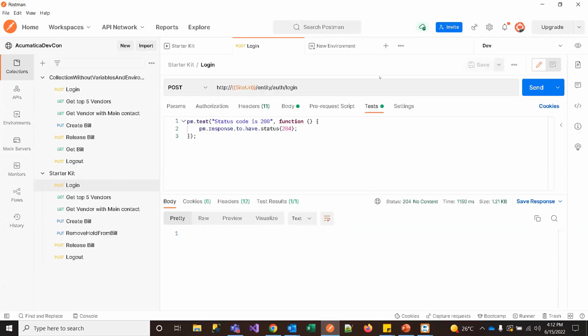So here, under the tests tab of this login call, we are testing whether the response has status 204. Let me just make this call, and we can see the status is 204, and the test result says the test is passed. In case the result has been something else, like 200 or a 500 or 402 error or anything, it will fail, and we'll be able to know that the login has failed. We can switch to multiple environments like we saw earlier and test for multiple statuses,